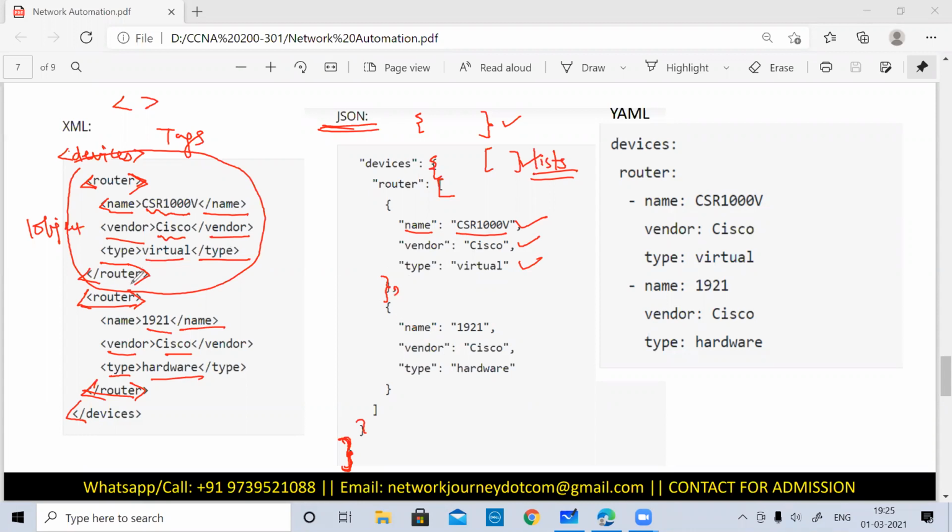Here you could see that we have to start with the same tag. This was a second object and we need to start with the same thing. Here you want to list down the second object. So you will start with again a curly bracket, and the objects are being separated with the help of commas. So again, you saw the name, the vendor, the type. So this particular brace needs to be closed. Then the square bracket needs to be closed. The devices bracket, this has to be closed.